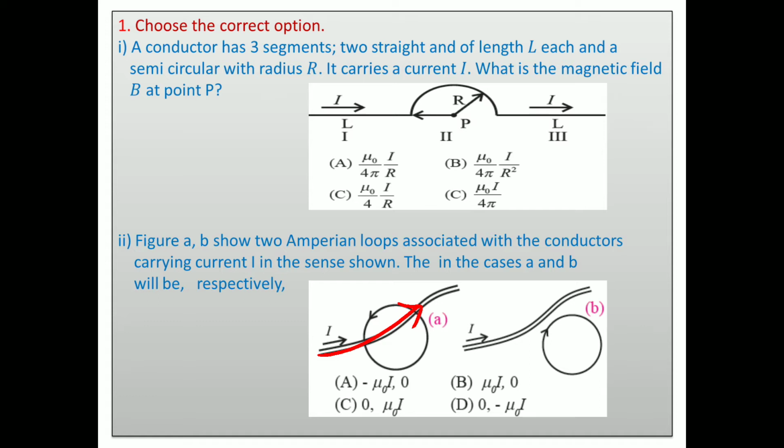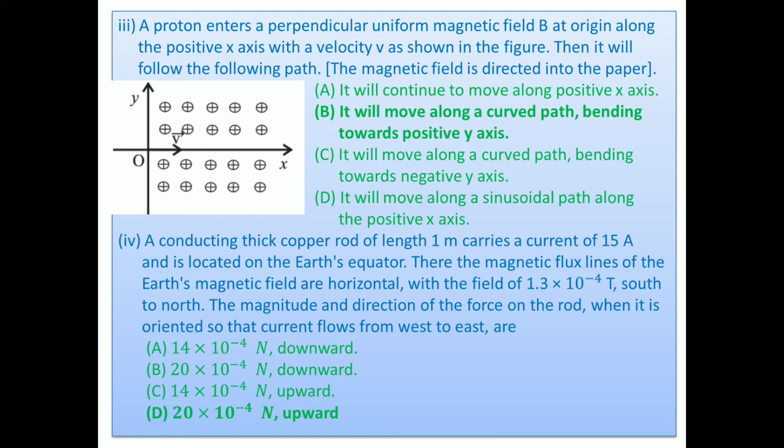And thereafter for the second conductor, this conductor is passing outside the loop, not inside the loop. So inside the loop, no current is there. So the magnetic induction over a closed loop is equal to mu naught into 0, means 0. So what is your answer then? Minus mu naught I and 0. This is your answer. Simple numerical. It is directly related with Ampere's law. Thereafter we go through another one.